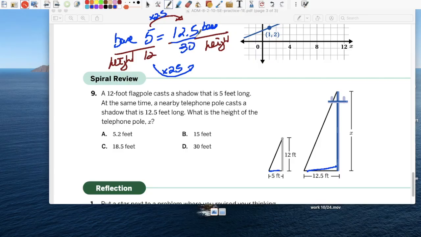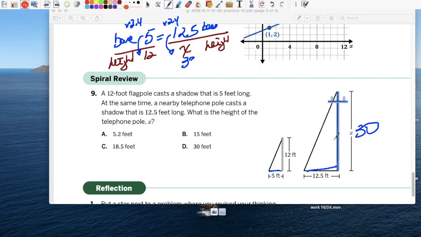That's one way, right? The other way is find the relationship between the ratio of the base and the height within the triangle. So look at here. How does a 5 within the triangle become 12? So 12 divided by 5 is 2.4. So 5 to become 12 is times 2.4. So going this way, so going side to side, is also times 2.4. So 2.4 times 12.5 gives us 30. So notice that either way, we got the same answer.